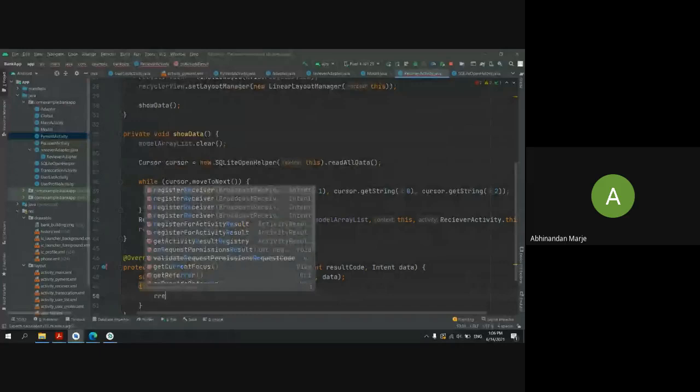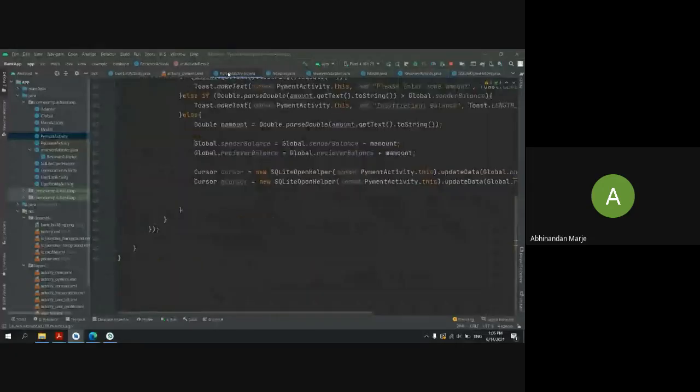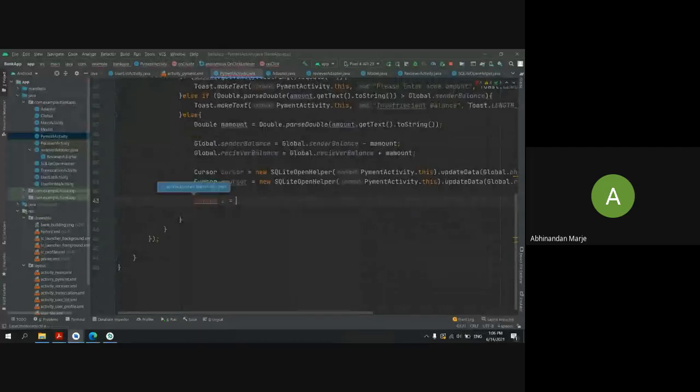So this will recreate the activity, and we will see in our payment method, when our transaction was completed, I will start to get back our main activity, like from this main activity to our user list activity.